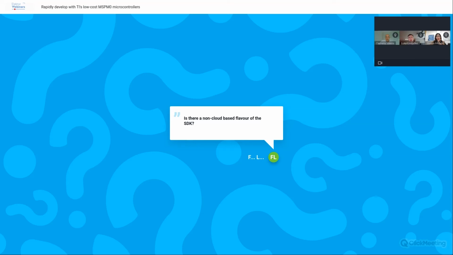Yeah, you can download the SDK. If you go to any of the product folders and then go to the software section, I guess the device product overview, you can download the SDK onto your own desktop, so you don't need to be connected to the cloud all the time. You do the same thing with CCS. You can download it. The cloud is there for if you don't want to download something,